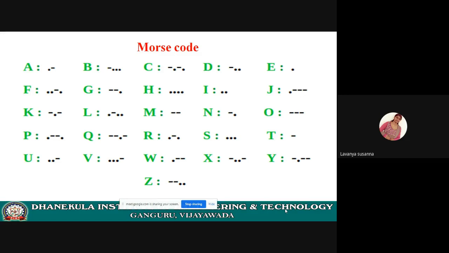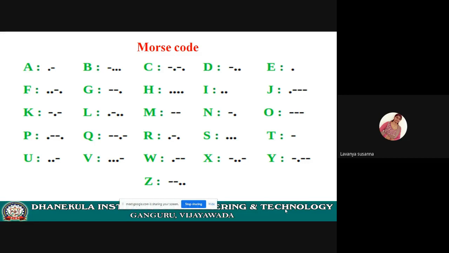Remember, this Morse code is used in telecommunication, mainly in the military and navy, for secret communication and secret messaging so that no one can understand. If two people are communicating using Morse code, both must understand it, otherwise communication will not take place properly. Others cannot understand, but those two persons can.